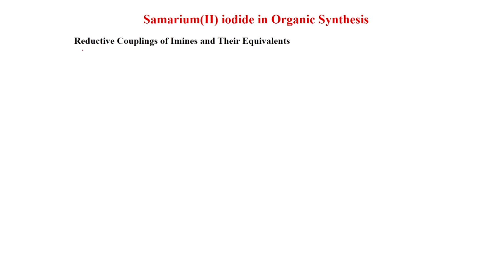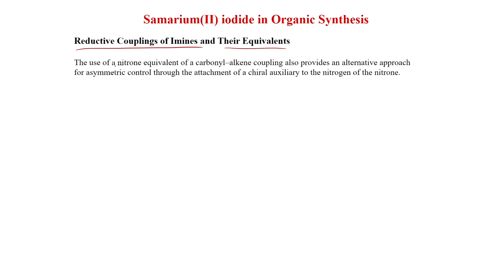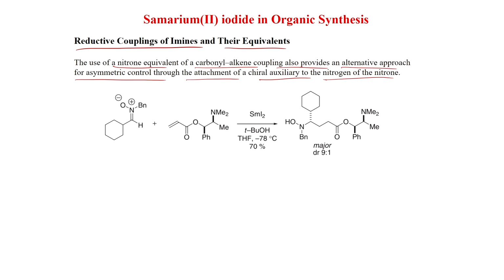And lastly, we will see reductive couplings of imines and their equivalents. The use of a nitrone equivalent to a carbonyl alkene coupling also provides an alternative approach for asymmetric control through the attachment of a chiral auxiliary to the nitrogen of the nitrone. So, here you can see this is the nitrile oxide, and when treated with this, which is chiral of course,